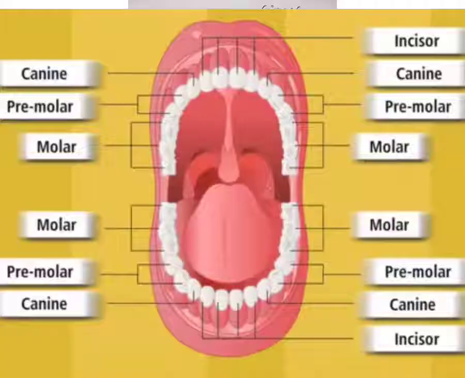So with the help of this slide, you can see the positions of these 4 kinds of teeth inside the mouth, and you will know about the correct position.